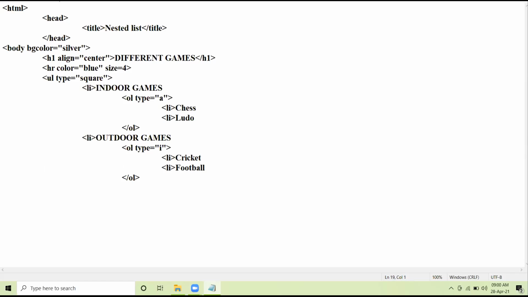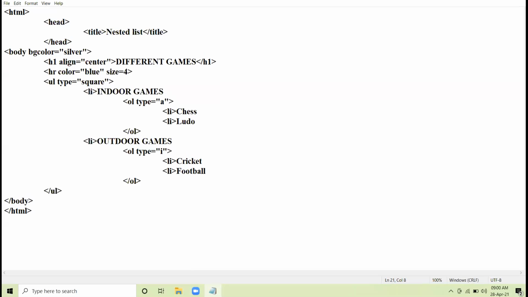My purpose is complete. My coding is complete. Now close unordered list. Okay. And finally close the body tag. Finally, you close the HTML tag. Let us save this web page and see the browser view.